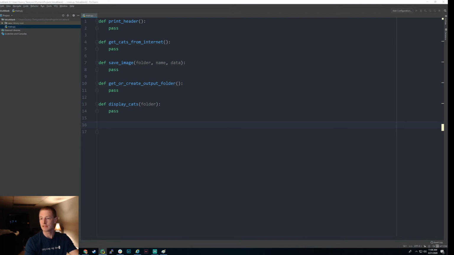And let's see. We've got our get cat. And then we also need to go out, well, we need to go out to the internet. We're getting cats from the internet. We'll just leave this like this. This might end up calling more functions, so this could be an example of where we might run into that